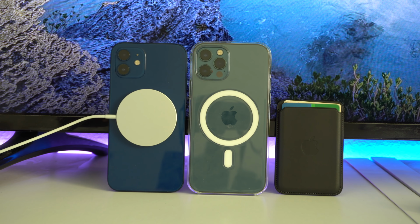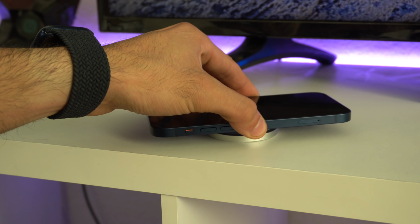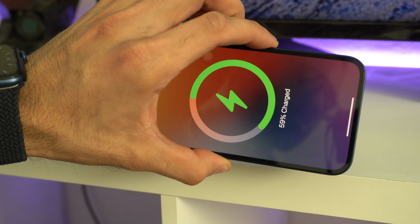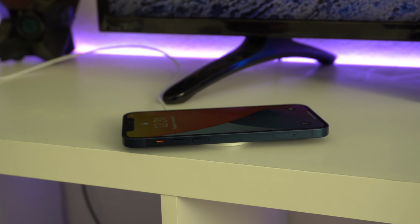So hopefully in the near future, wireless charger manufacturers will also start integrating these magnets, because the thing I really do enjoy about the MagSafe charger is that it self-aligns itself. So as soon as you place it on the device, it'll automatically center itself, making sure the phone is charging at a very efficient rate that won't cause it to overheat or damage the longevity of the lifespan of